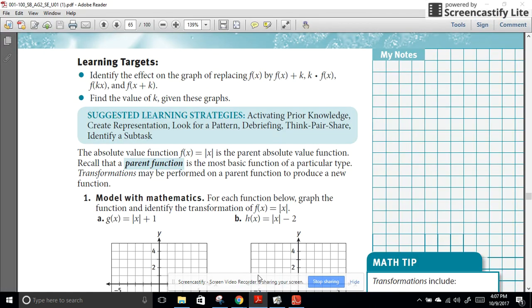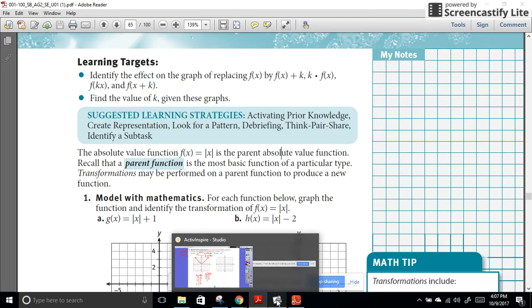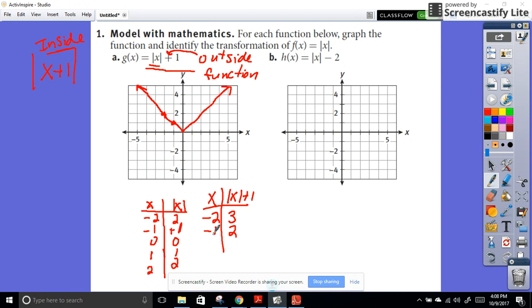Okay, back to where we left off. Okay, so we were plugging in -1. Now if we plug in 0,